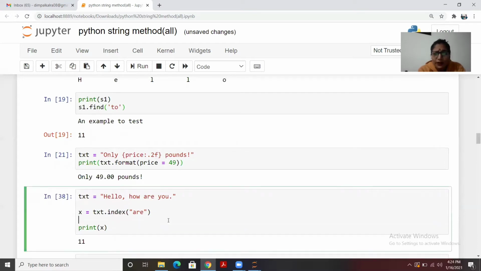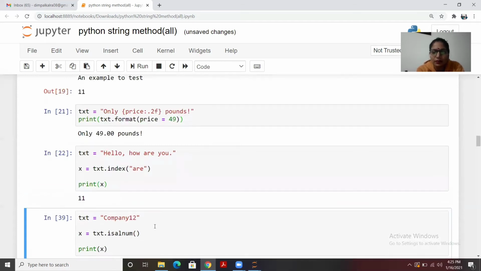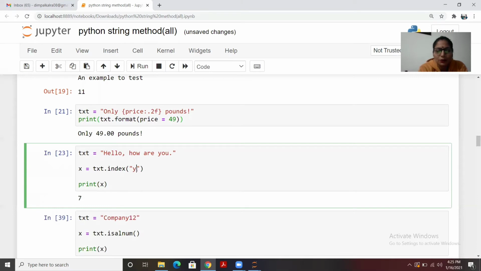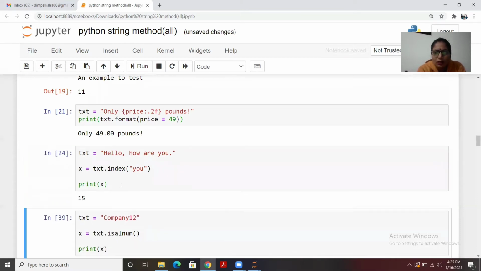Next, in case you want to find out the index of any particular keyword or a character in a string, yes, you can do that. The normal index function can do this job for you. Apart from this, you can use the rindex as well, but here we are using the index method. So let me run this. You see that this is the index for this particular keyword. In case you want to check for one, this value, it is this one. In case we are checking for example u, it will give you a different index.